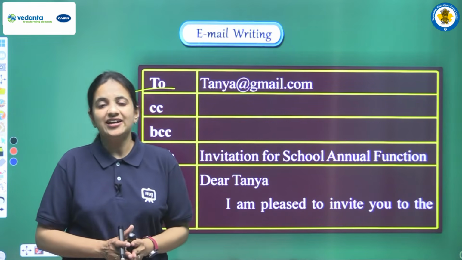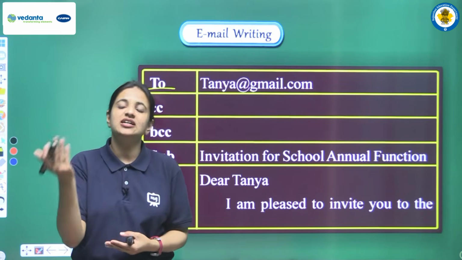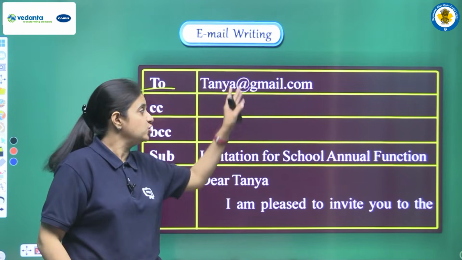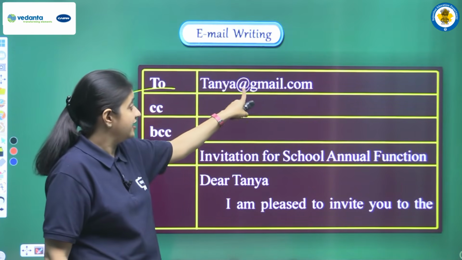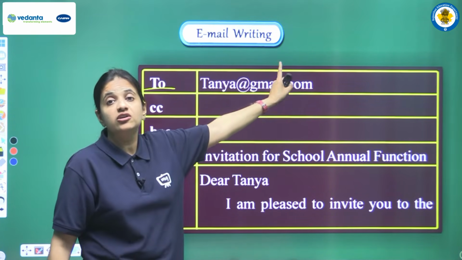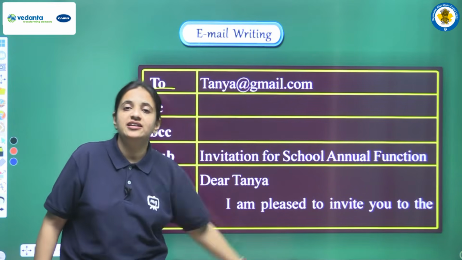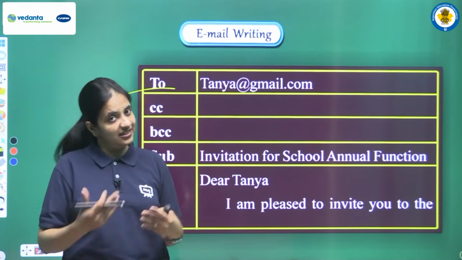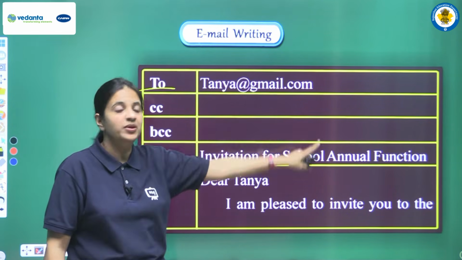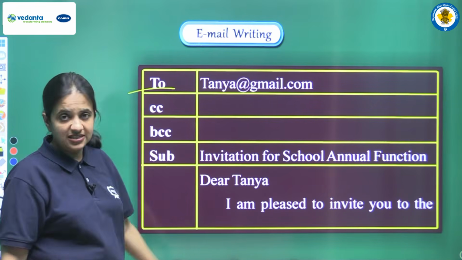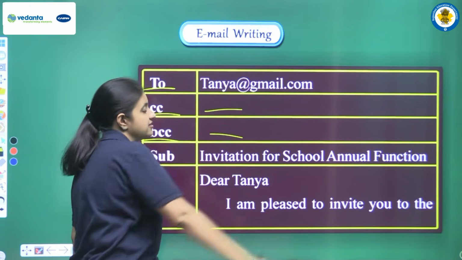So we have to write this email to our cousin, and the cousin can be male also, the cousin can be female also. So we can choose any name here. Okay, so here we are writing tanya@gmail.com. Okay, I hope now how we can write the perfect email address, that thing is clear to you all. Next to CC and BCC, so we are mentioning here CC and BCC, but this space we have to